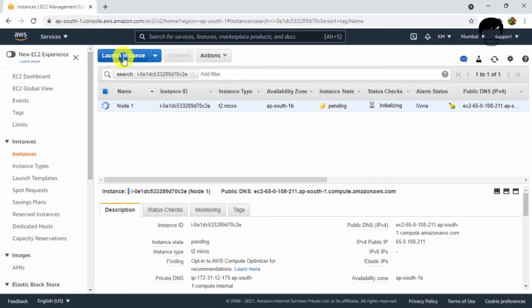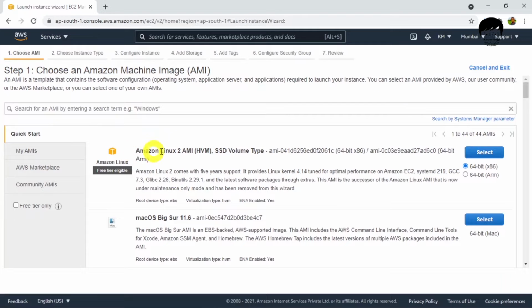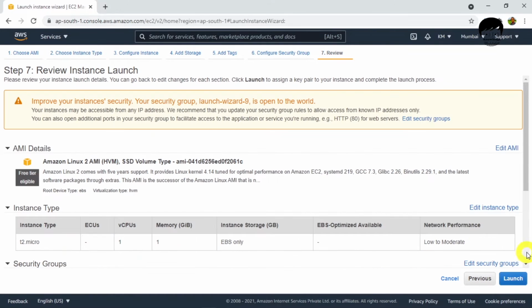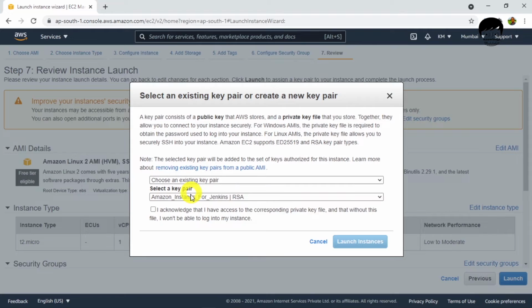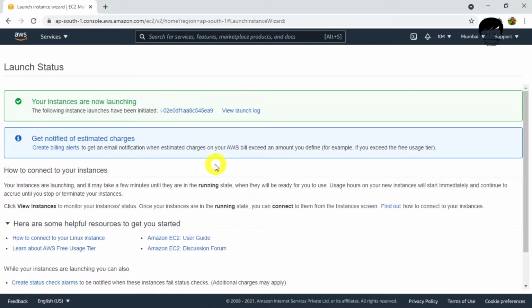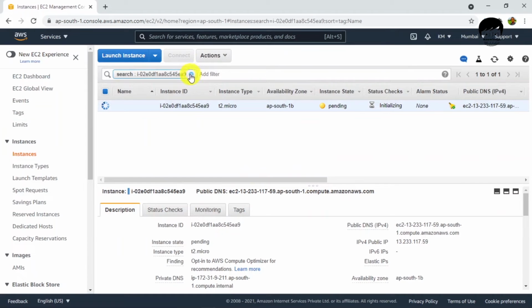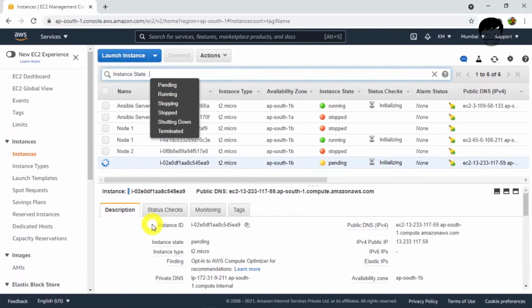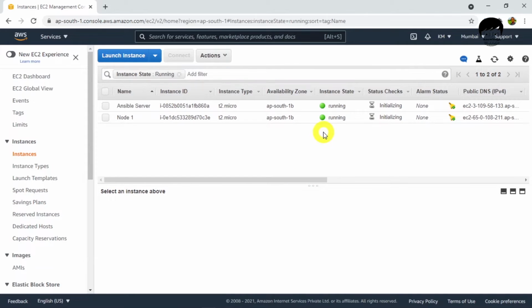Again I need one more instance, so click on launch instance, Amazon Linux, select review and launch, then launch. Again select key pair, launch. We'll select active instance state, running.